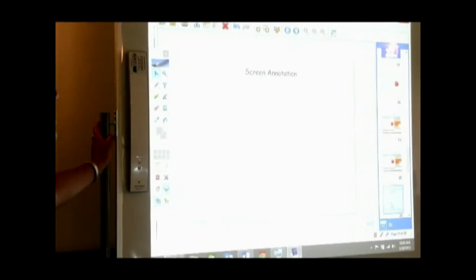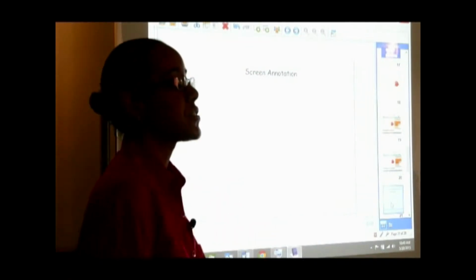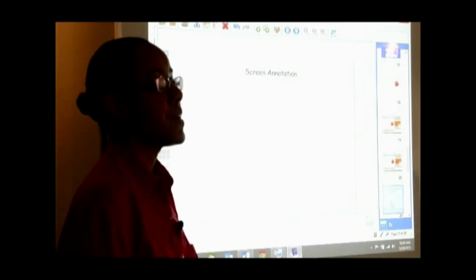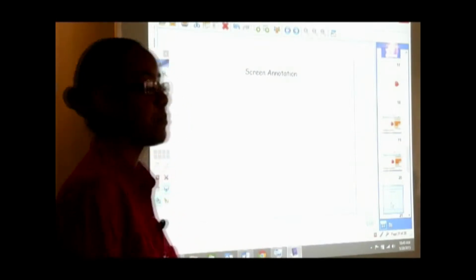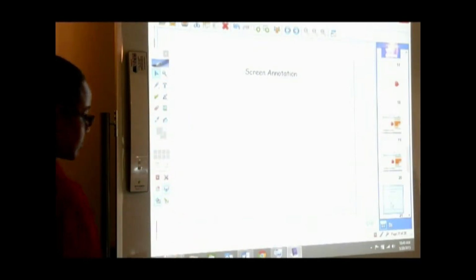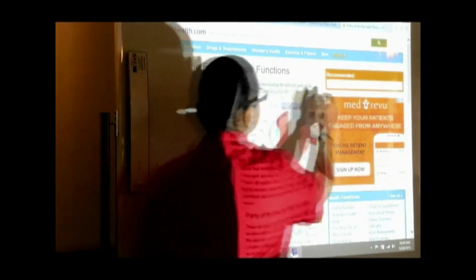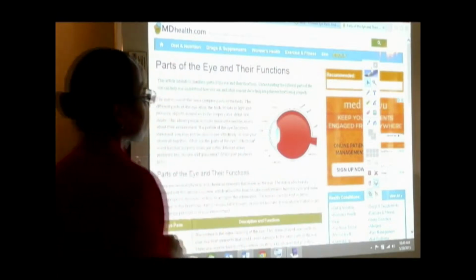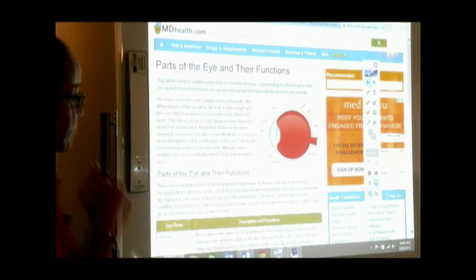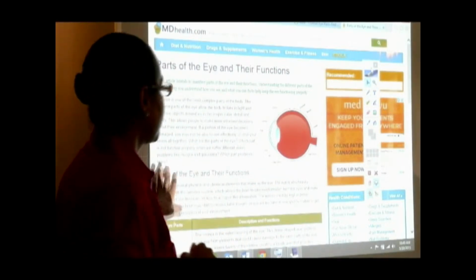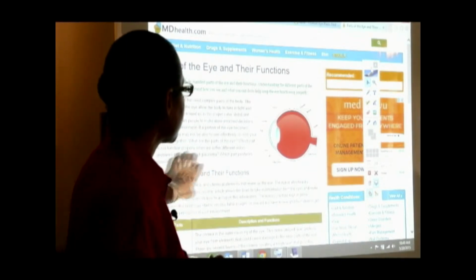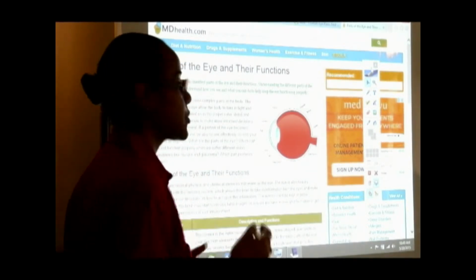All right, screen annotation. What the screen annotation feature allows you to do is, once you're on a web page, make your own notations on it. So if you're on this web page, but there are certain things you want to make your own notation on,